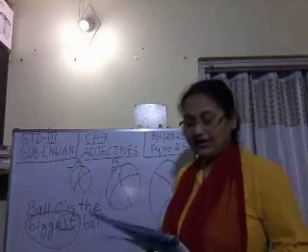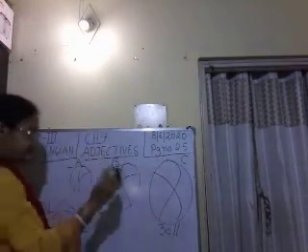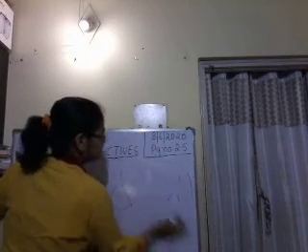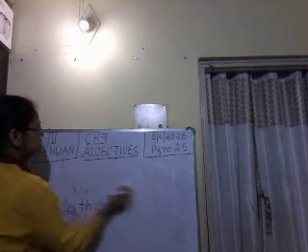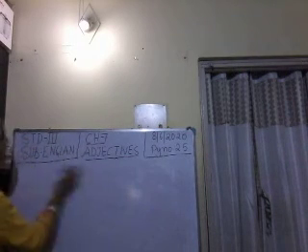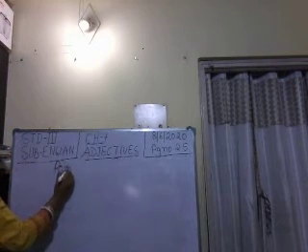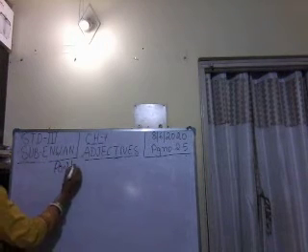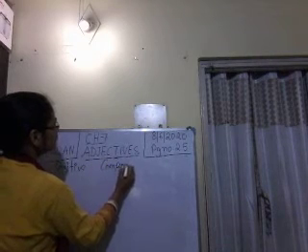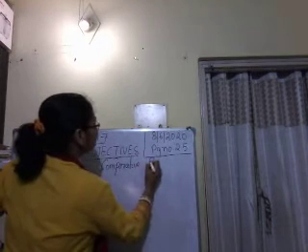Now I'll give you more examples. See, this is only one word that I have taken, big. So this way we know there are 3 degrees of adjective: first positive, then comparative, then superlative. Suppose I write here positive, comparative, and superlative.